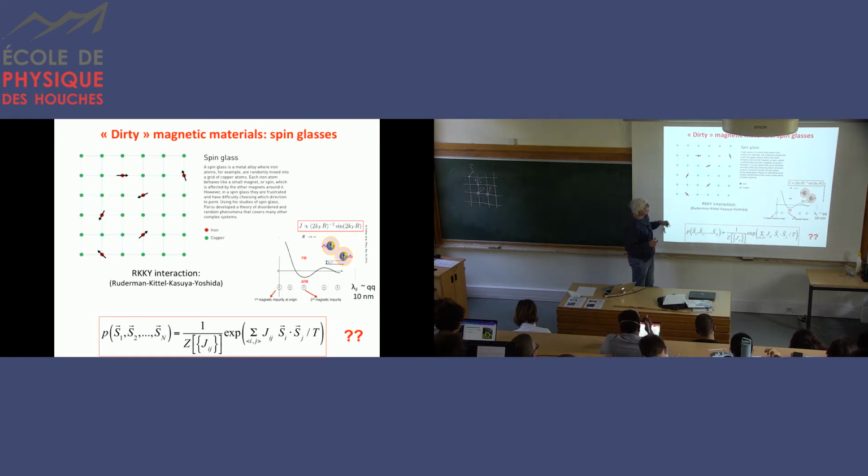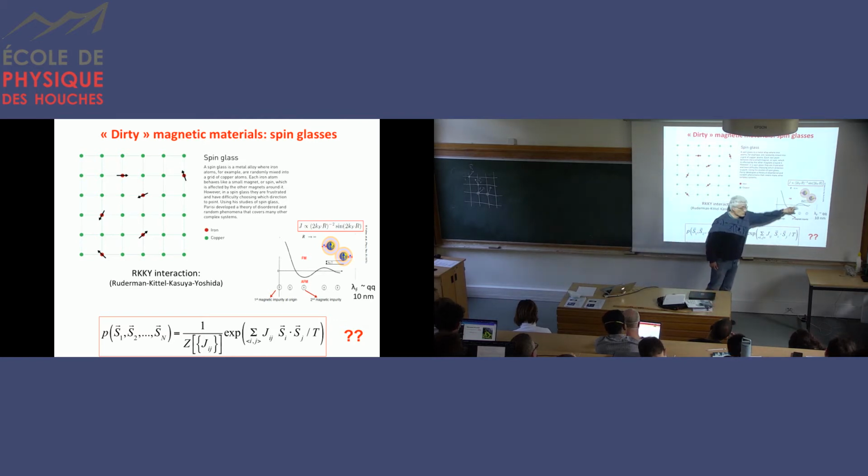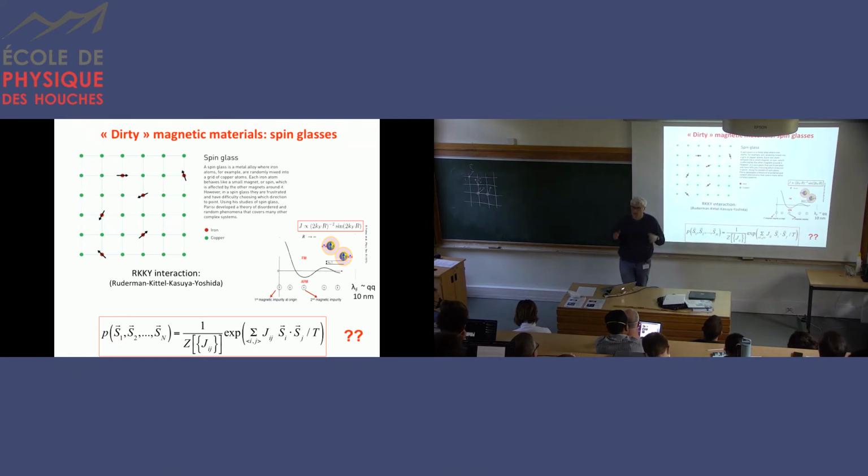But the interaction between the different spins, this J coefficient I have mentioned before, will depend on the distance between the spins. And it depends on the distance in a very complicated way, which changes sign depending on the distance. So this is the interaction as a function of distance. The typical distance along which this changes sign is a few tenths of nanometers. Okay, so it's a very short distance. That means if you look at your material, you have spins which are positioned in a totally random way, and depending on the distance, the interaction can be positive or negative.